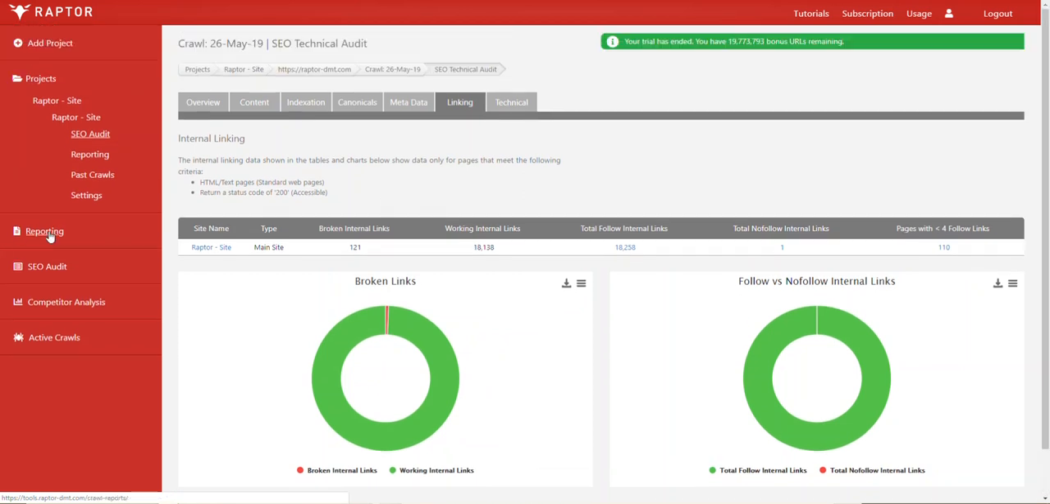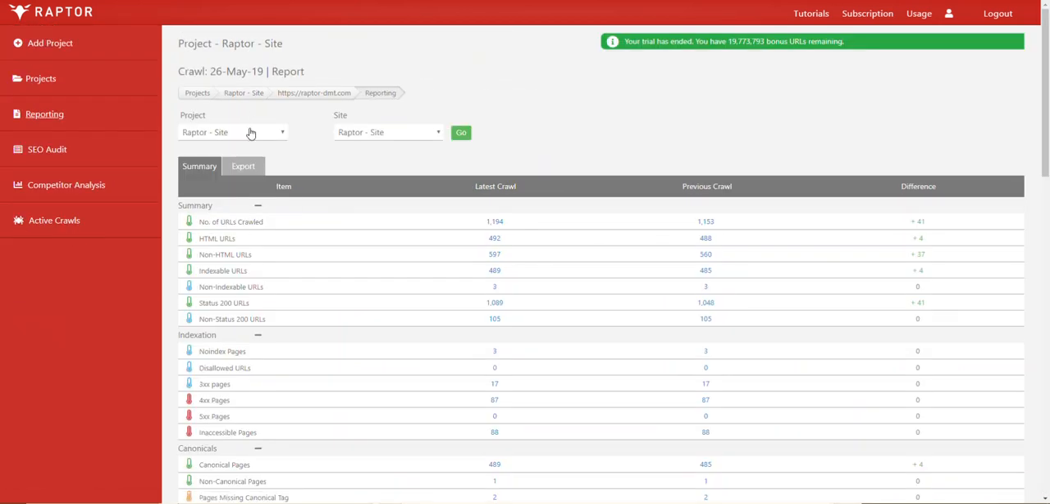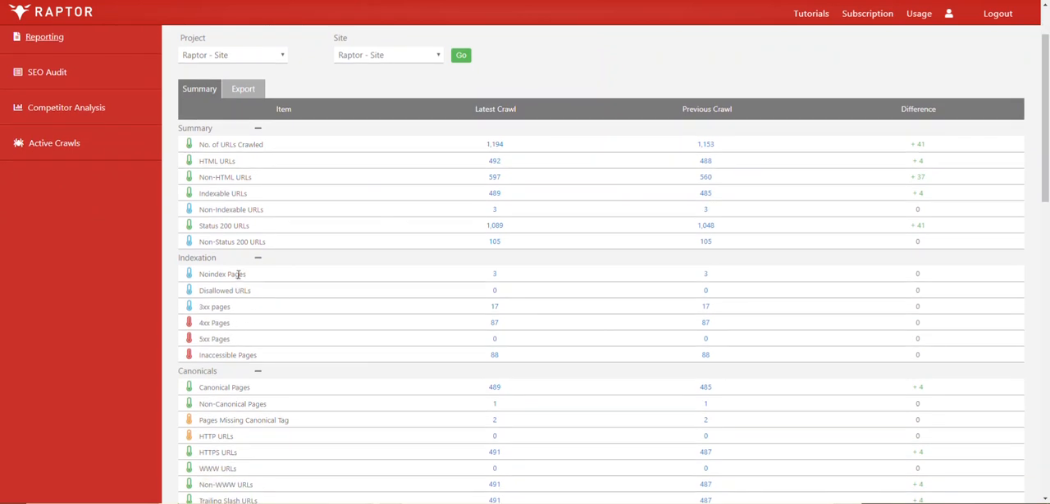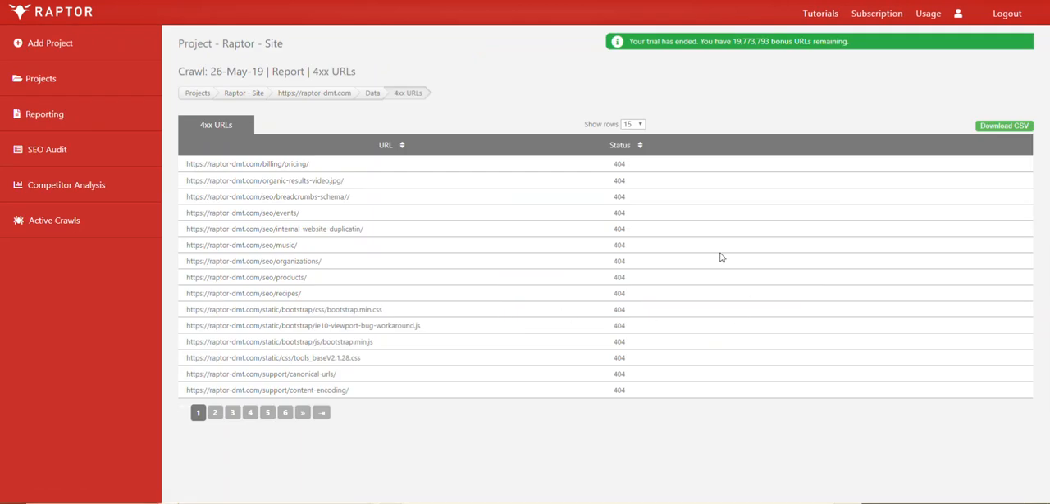Now if you go to the reporting page and select a site from the drop-down menus and click Go, that'll take you through to the data for that particular site and for the latest crawl. From here, under the indexation category, you'll see we have 400 pages, 500 pages, and inaccessible pages. So clicking on any of these numbers will take you through to a page where you can see more information